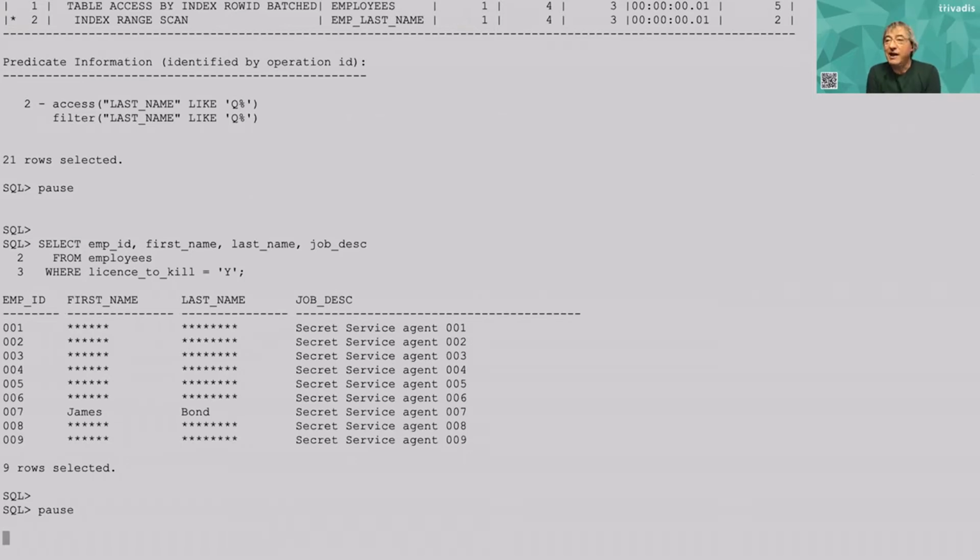The same on a license to kill column. We have only 2 different values, yes and no. And it's also a rumor or a myth that a lot of people say, or a typical rule is if you have only a small number of distinct values, then it's usually not worth to create an index. If you have the same amount of data for each of the values. So let's say half of the employees have a license to kill, then this index would not be worth it,